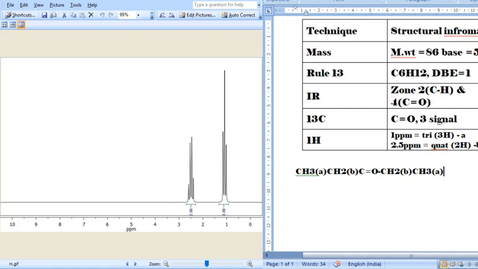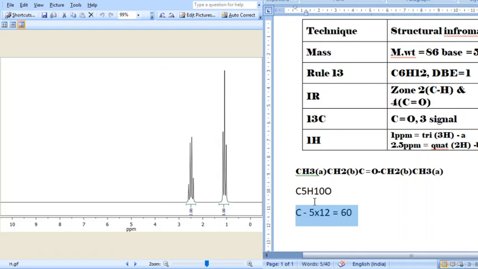Therefore we have added a CH3CH2 group on the other side of the molecule. This is how we derived the structure. Now we have come to a conclusion. We have to verify whether the structure is correct. If you calculate the molecular formula for this molecule, it is C5H10O. Now let us confirm.